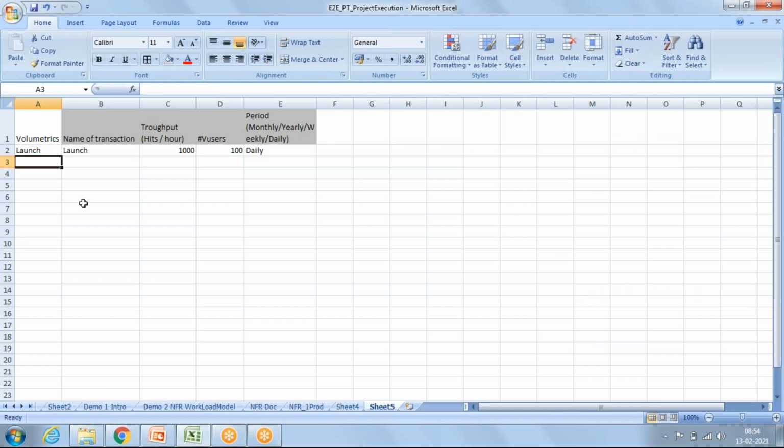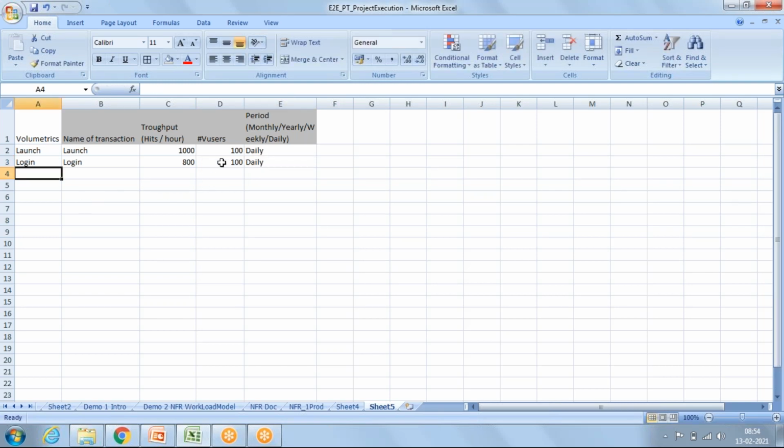We'll see login. Login is happening, say 800 times by 100 users daily.